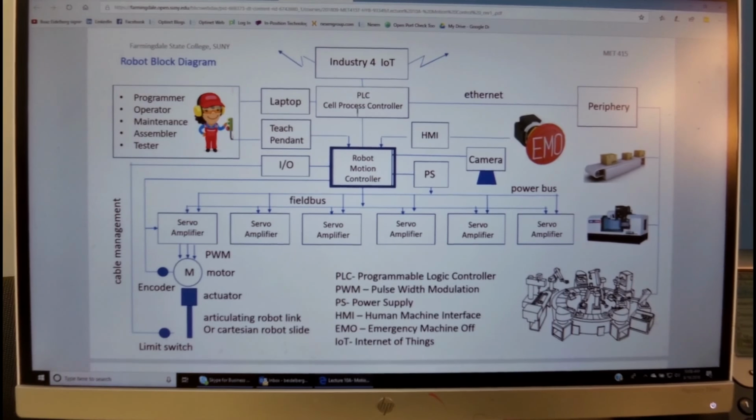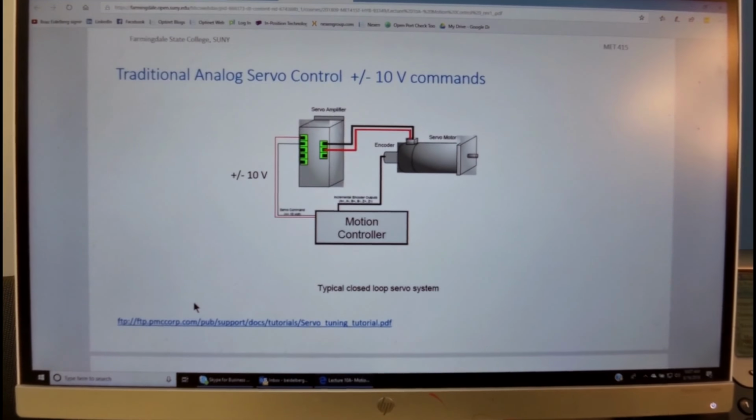It is being commanded with a PLC, which controls the entire process, and the robot motion controller, which we'll focus on today, is controlling the motion of each one of its degrees of freedom through a servo amplifier into a motor, into the link.